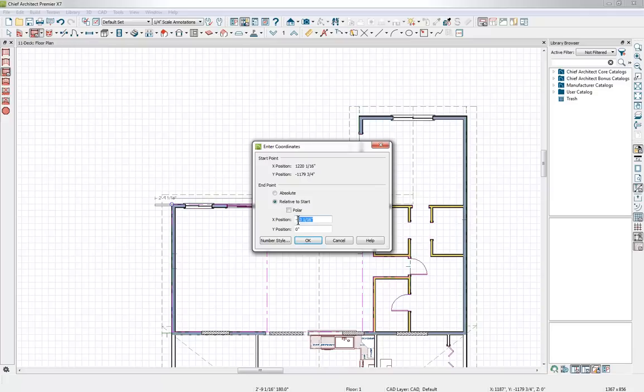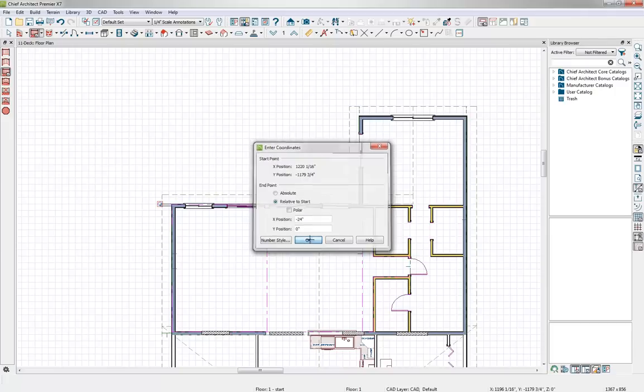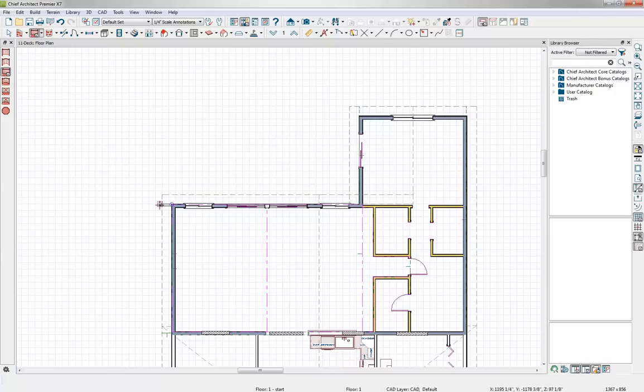And I can highlight that number and put in a -24 on the x-axis, which is going to move the wall 24 inches, or make the length of the wall 24 inches out to the left. We'll click OK. So now I have a 24-inch deck railing out that way. I'm going to pull it out roughly to about 17 feet. I'm going to pull this over to about 11 feet and then down. And while I have that